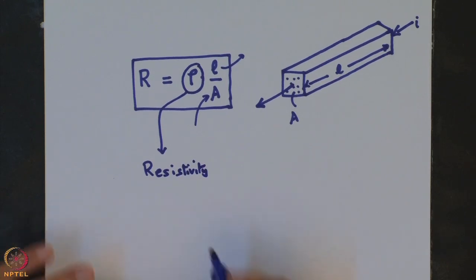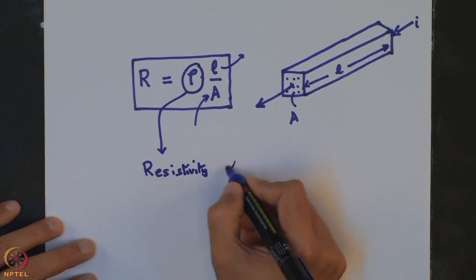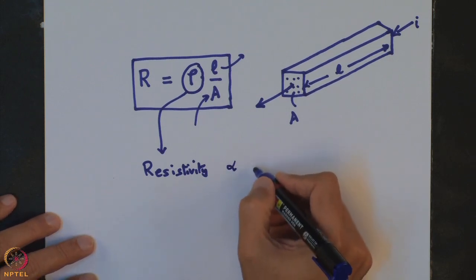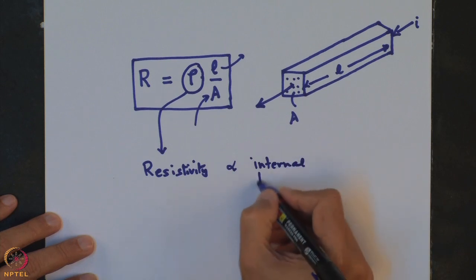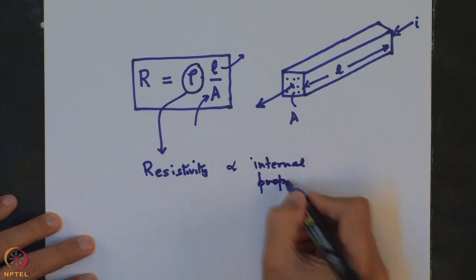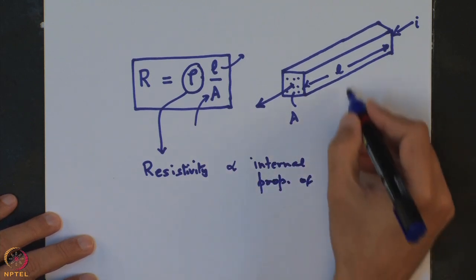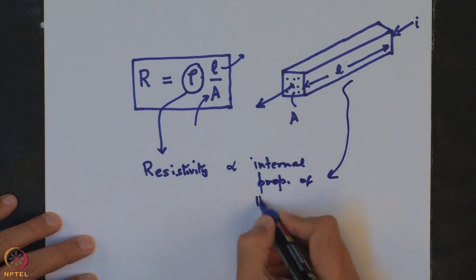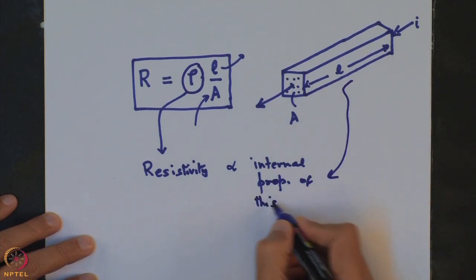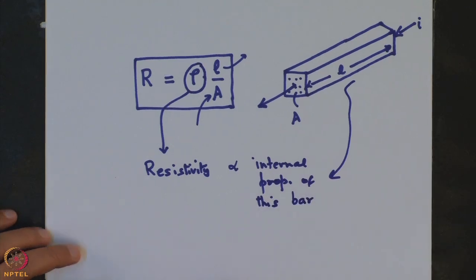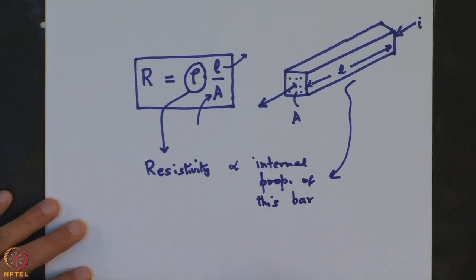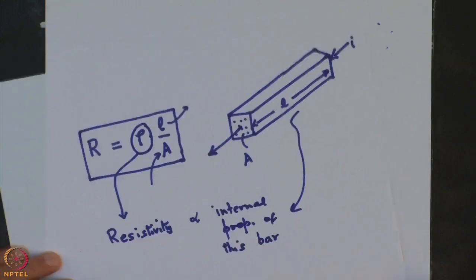Now, this resistivity is a function of the internal properties of this bar or the material which comprises this bar, which makes up this bar. Now, talking about the resistivity and the resistance,